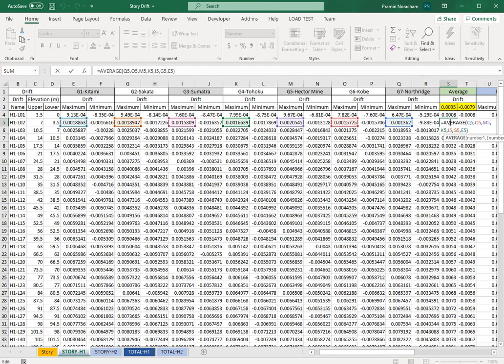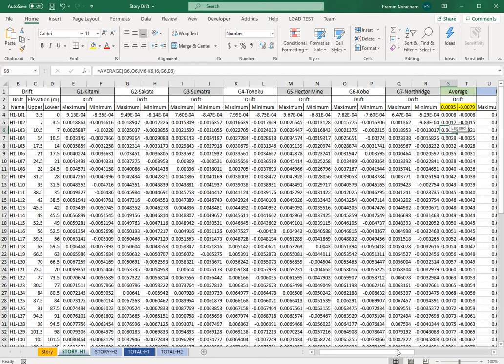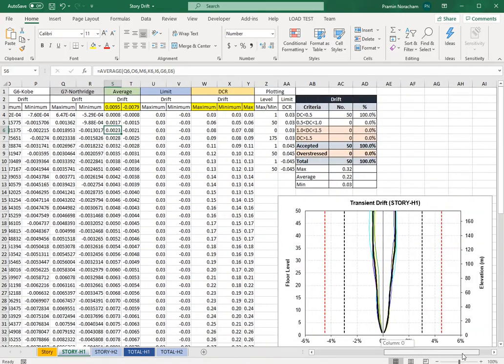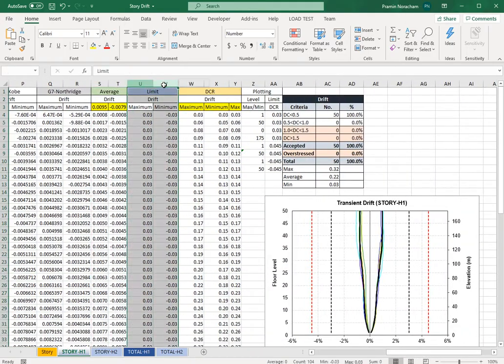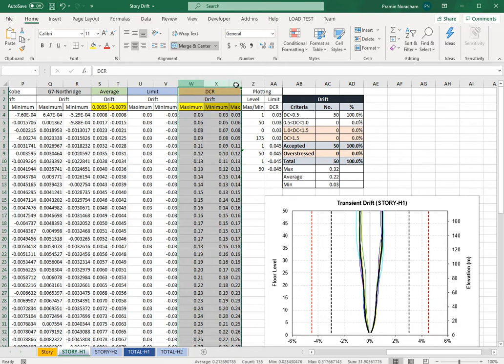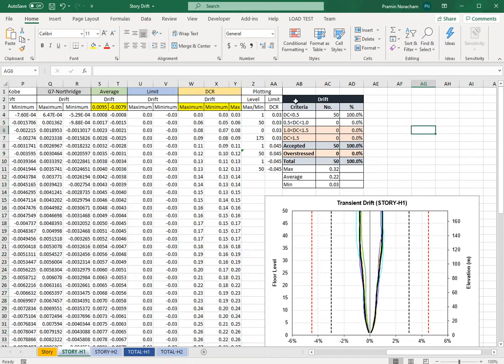In Excel, it is not only the values; it also contains the formulas, so you can track back how PX calculated those values for you. They have the limit shown here, this relation shown here, and the table of this relation also summarized here.